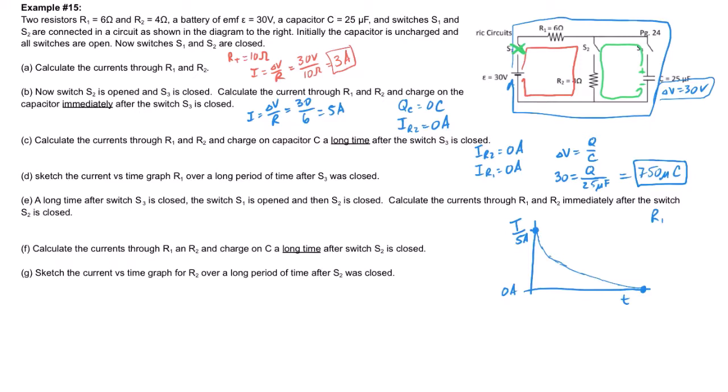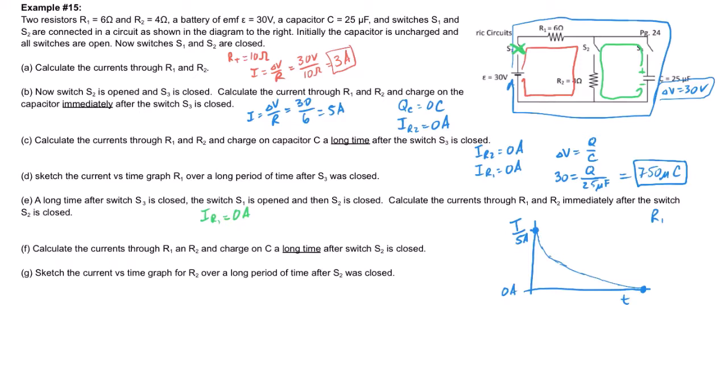So we now want to calculate the currents through R1 and R2 immediately after the switch is closed. All right, well, R1, 0. Right? Because R1 is now in that section where the switch is open. There shouldn't be any current flowing there. Now, R2 is in the section with the